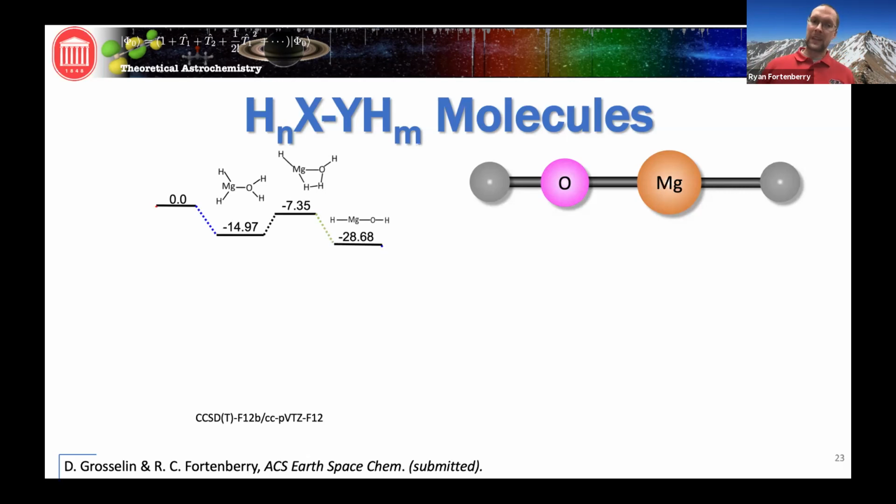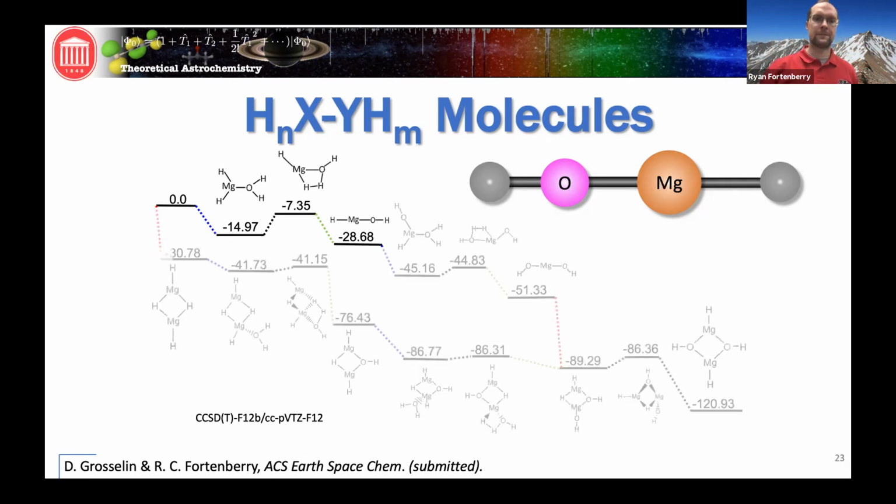How does it form? It actually does a fairly similar thing. So we have magnesium hydride, MgH2, which is a linear molecule itself. It associates with water, goes through this dative bonding, because now that magnesium has lots of p orbitals. It has at least 2 p orbitals that are available for bonding. And so the magnesium and the oxygen bond, we have the transition state, which again is submerged from the top, where we create the H2, and then the H2 leaves and we go downhill a pretty good ways.